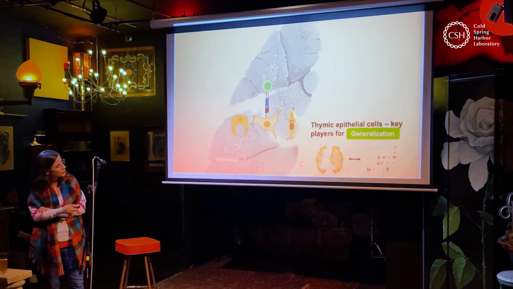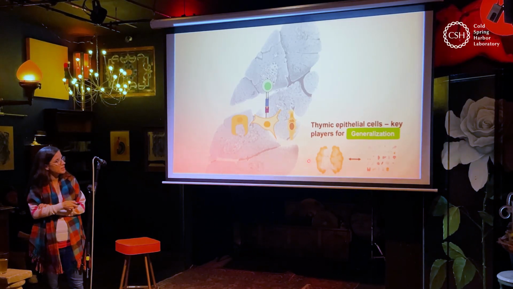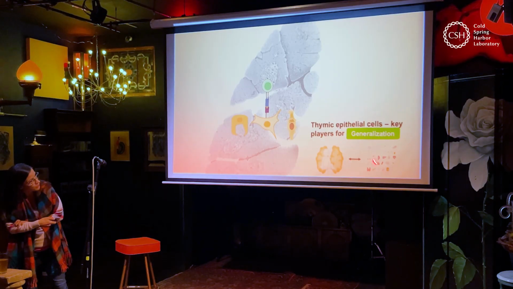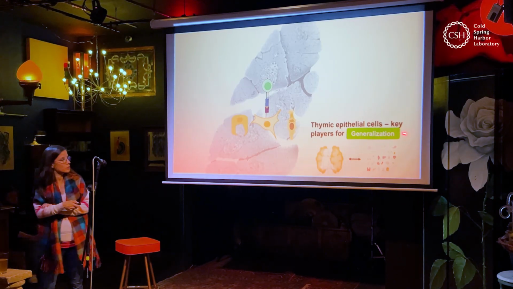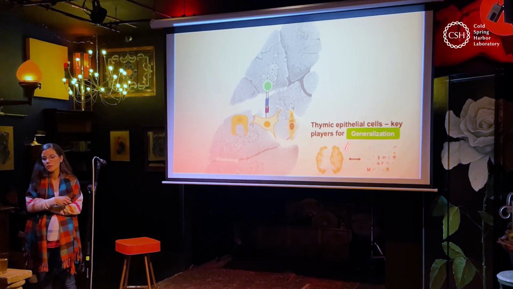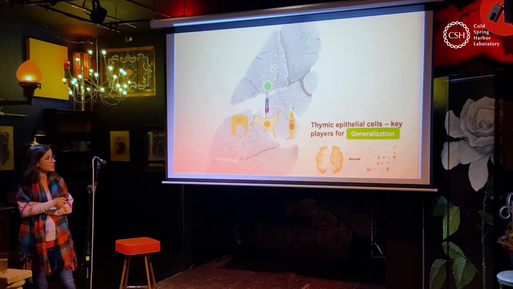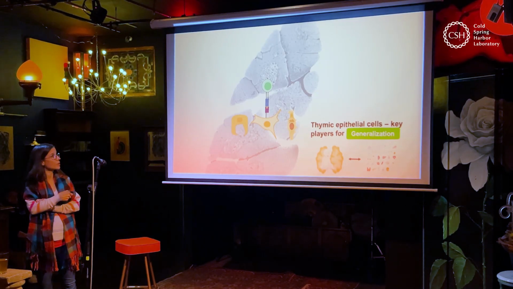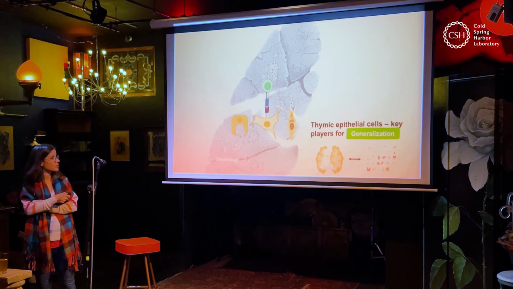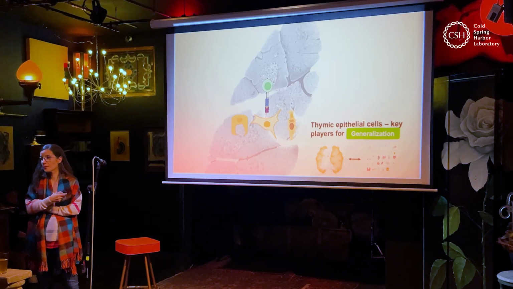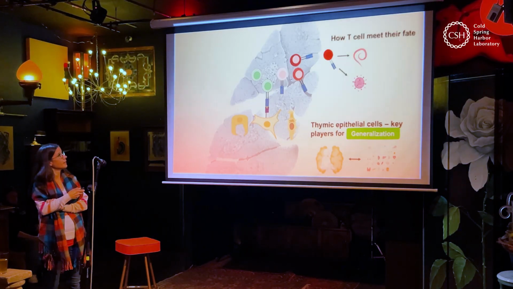And as I told you, we call this our inner mini U, and it's because the resolution is maybe not good enough. This is all the tissues in the body. So somehow these cells actually manage to represent everything else that's going on in the body. So T cells, during their development or education, as we like to refer to it, actually get to see all of you by just hanging out in the thymus and do generalization.